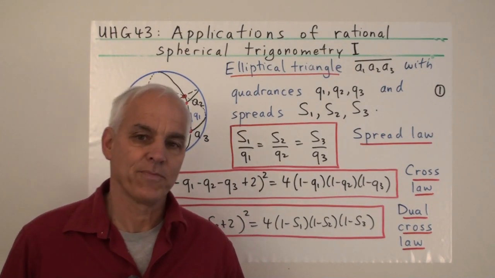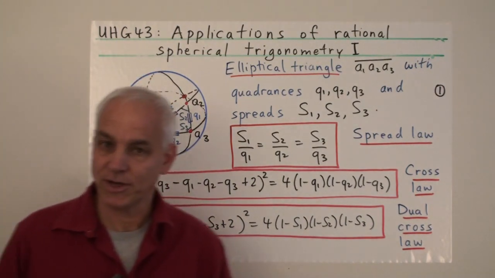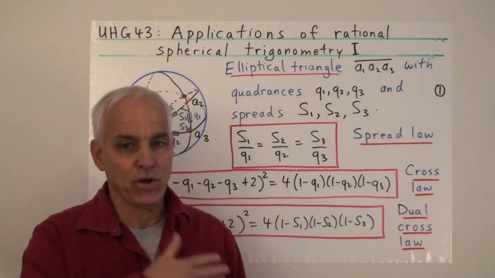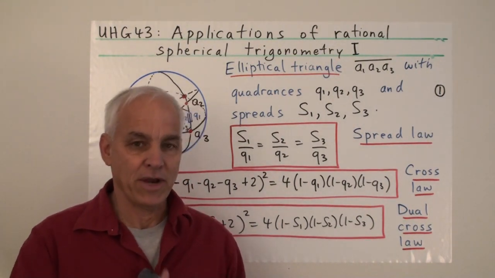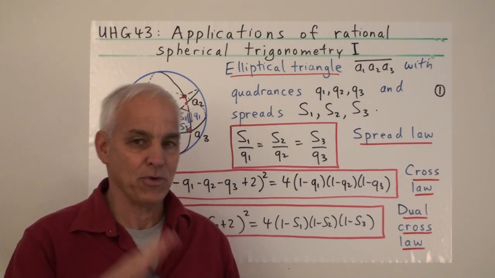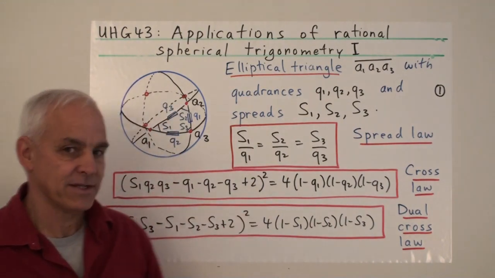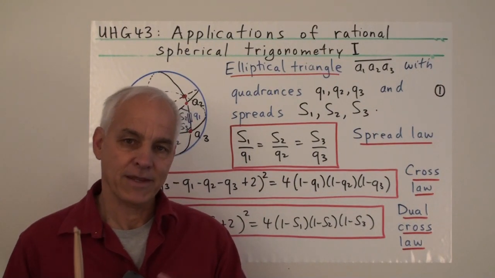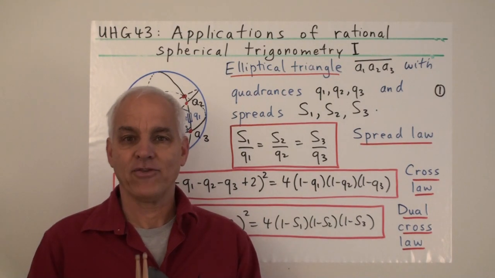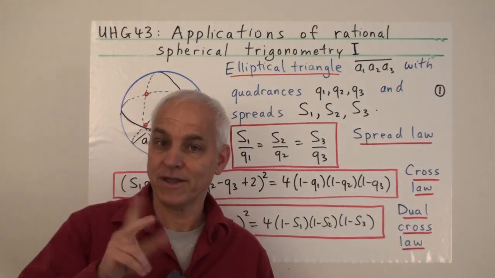Hi, I'm Norman Wildberger. We're returning to universal hyperbolic geometry, our study of a new way of thinking about hyperbolic geometry purely algebraically, without any transcendental functions or infinite processes, a much cleaner, more beautiful, more logical subject. And in the last few videos in this series, we've been looking at the sister geometry called elliptic geometry, which is pretty well the same as spherical geometry from a practical point of view, although there are important theoretical differences.